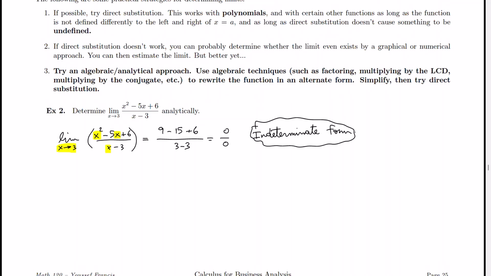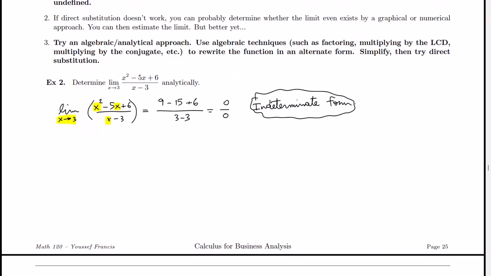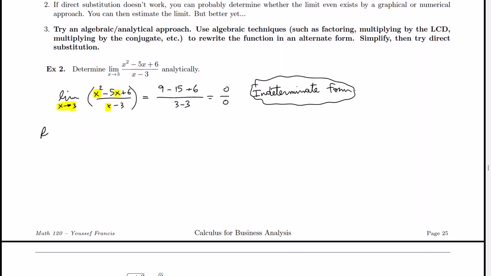So depending on the problem, when you have 0 over 0, you may have to factor and reduce, or you may have to multiply by the conjugate, or if you have complex fractions, you may want to simplify the problem. In this case, I'm dealing with a polynomial divided by a polynomial. So what I have to do is redo the problem, but before I can use the substitution method and plug everything in, I should try to factor the expression on the numerator and the denominator if possible,